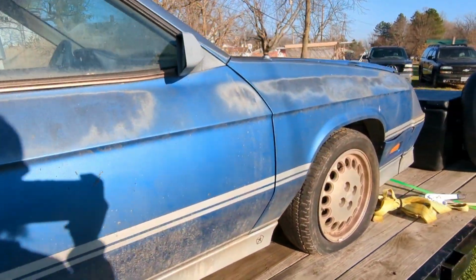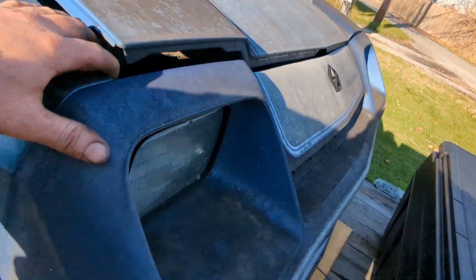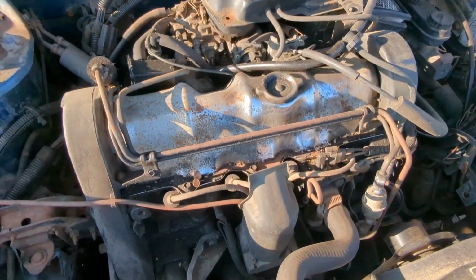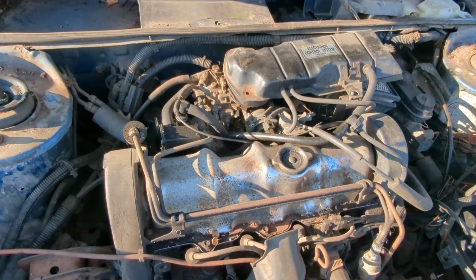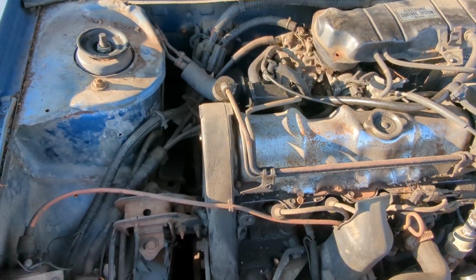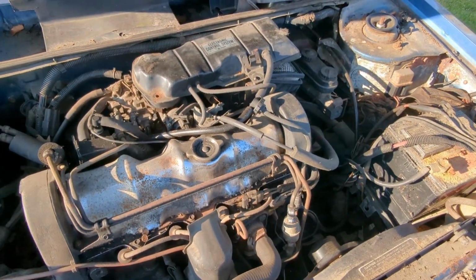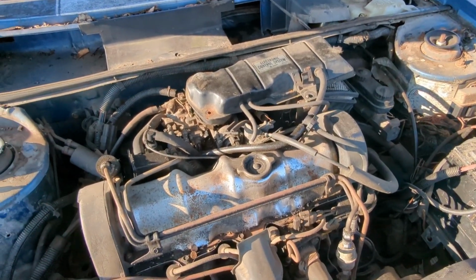let me show you under the hood real quick. Oh, if I can get up here, bear with me. So the '83 Shelby Charger with the carbureted engine also came with a chrome valve cover. That's unique to this model only. Yeah, there's not a lot under here. It looks to me like it's the original Holley carburetor. Growing up, I remember them being a troublesome issue, but they've got them now where you can change the carburetor to a different brand or whatnot, and it works better. So, with that said,